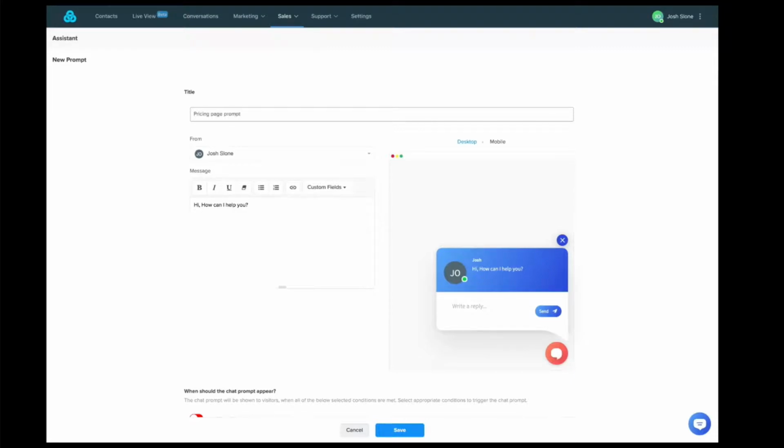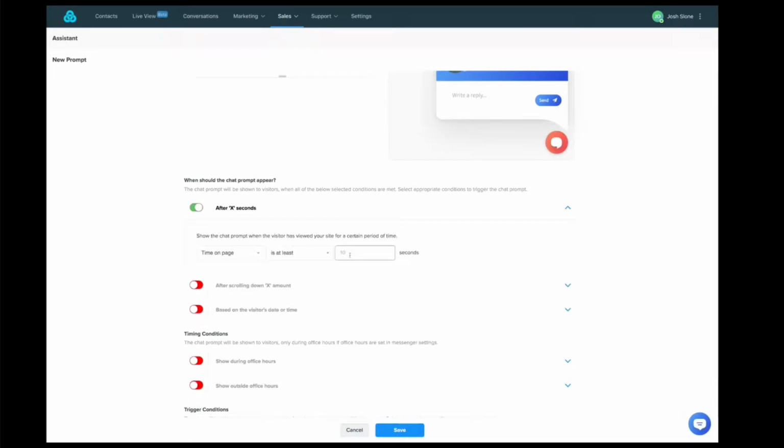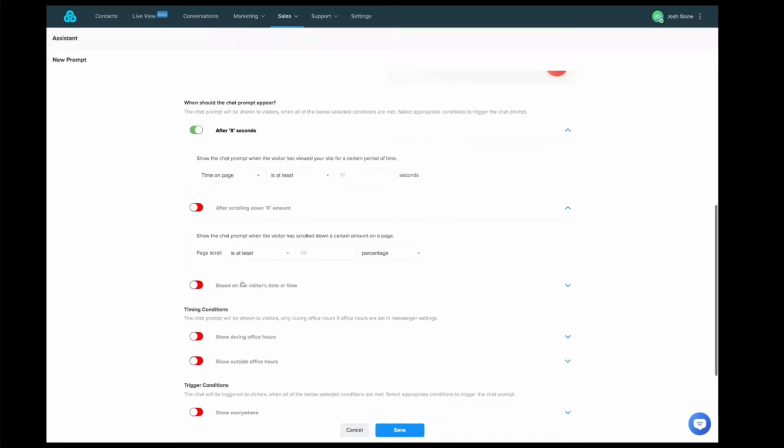And then you're going to be able to choose who it's from. You're going to be able to choose the message, so you can specifically say something about our pricing. And then you're going to be able to see it right over here, how it's going to look on both desktop and mobile. And this is the internal title, so you see it. And then these are the display conditions. So you can display, like we were talking about, after a few seconds, after scrolling down a certain amount, based on the date and time,